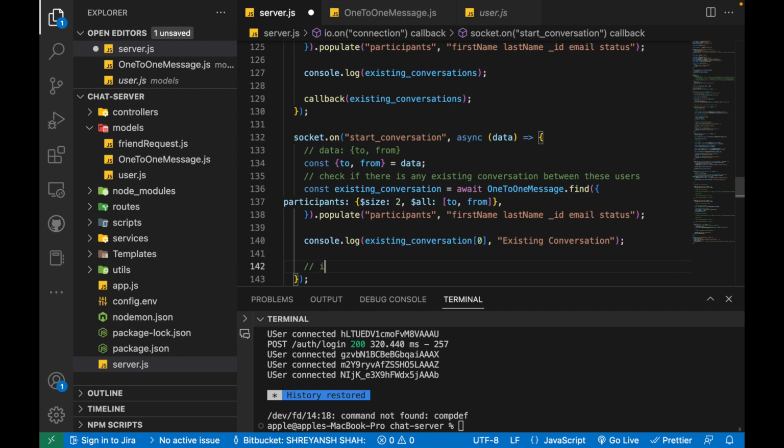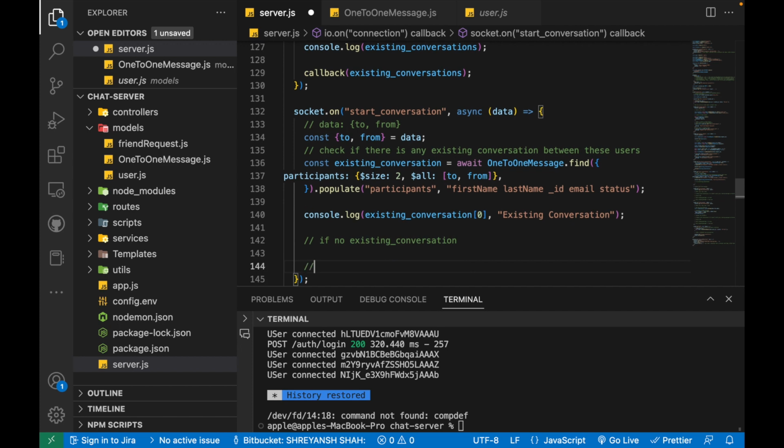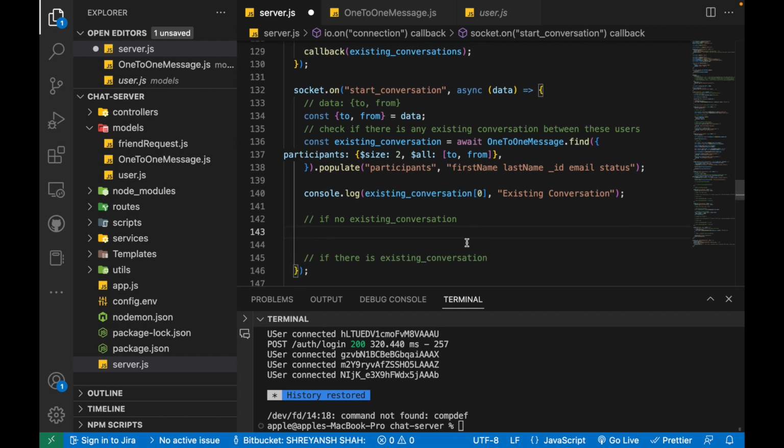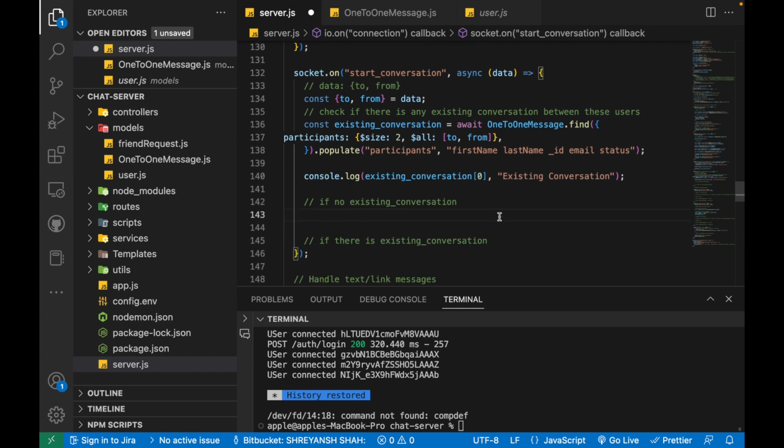Then we'll have to make a decision here. If there is no existing conversation, let me copy and paste that here, existing conversation. And then the other case can be if there is an existing conversation. So what we'll have to do in the first case is create a new one-to-one message document. So let's write it here. I'll say existing conversation